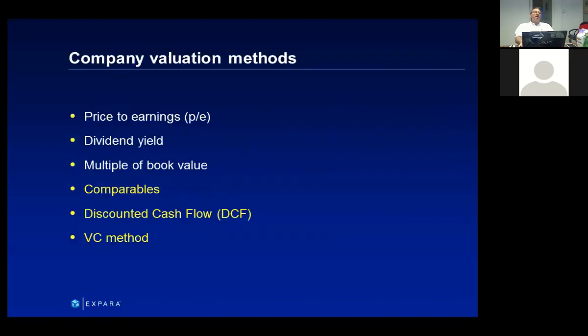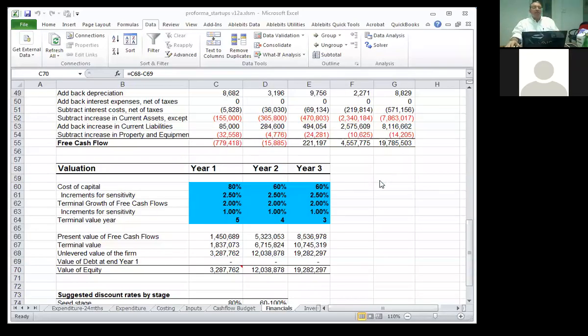Now I want to look at our second method of valuing companies, which we call discounted cash flow valuation. In most investment banking deals, for example, discounted cash flow valuation is the gold standard for valuing companies. Every investment banking deal and every equity analyst that values companies will value them based on a discounted